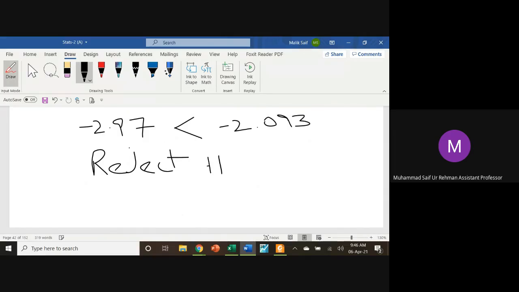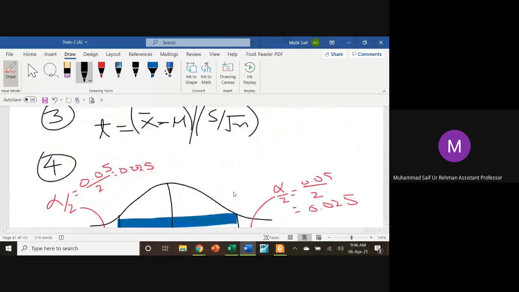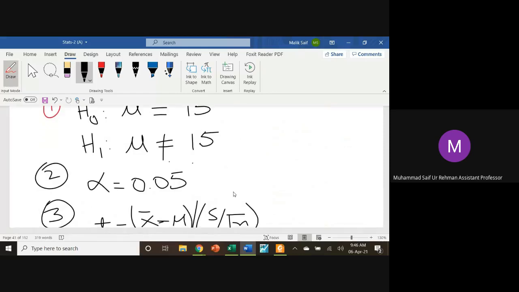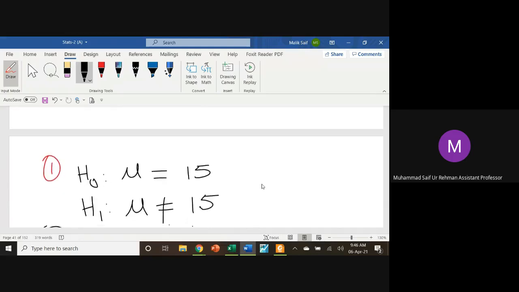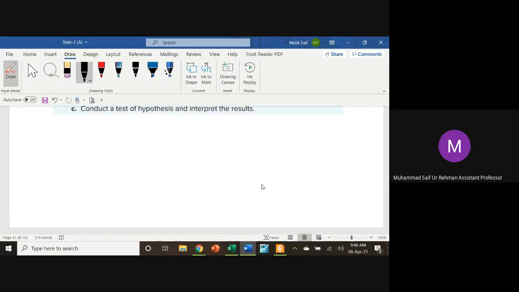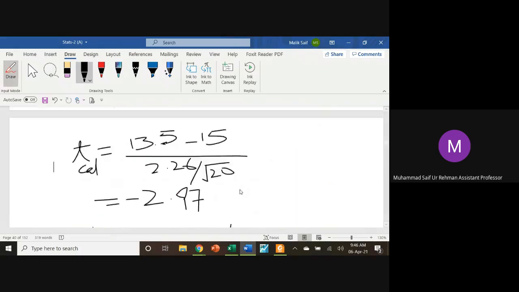Now in the final step, that is step 6, what will you decide? What will you say regarding the null hypothesis? As you are going to reject H naught, it means you are going to accept the alternate hypothesis. And as I have rephrased, the question was like this. There was no word less, there was the word difference. So you will simply write down in the interpretation that